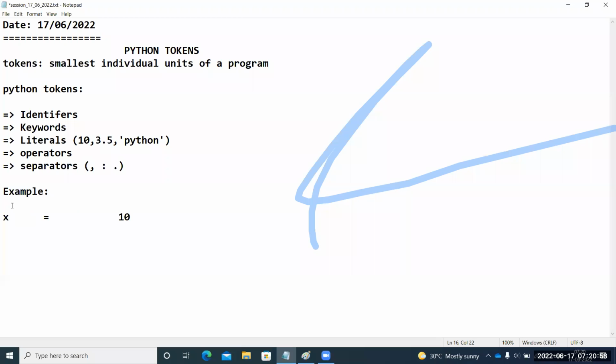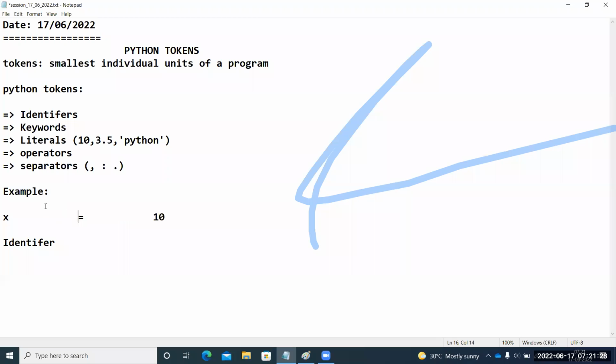Understood? That's why if you write X equal to 10, or if you write the statement X, these spaces, everything is same. Understand? That's why to improve the readability of the code, we must use as many tabs or spaces that are required. Understood? This is one of the best practices. Now understand, guys, what is X here? X is under which category, guys? Identifier category. Because all the variables, they fall under this category, identifiers.